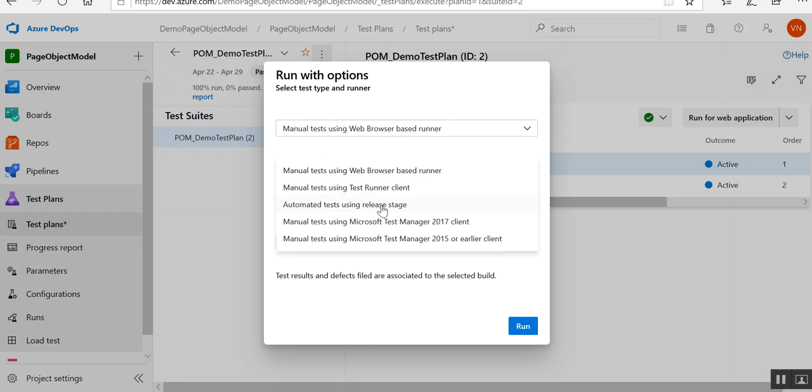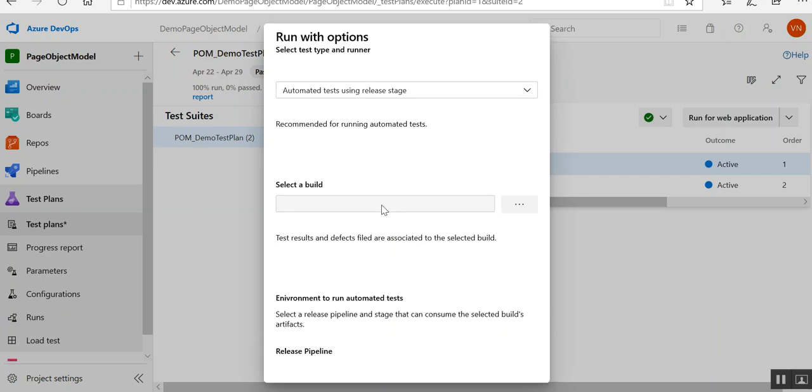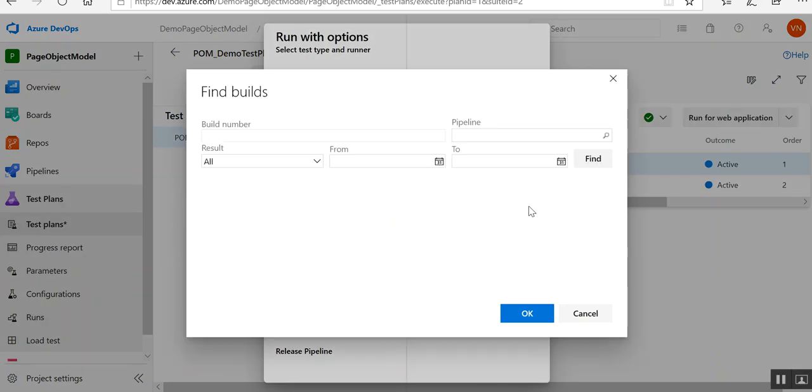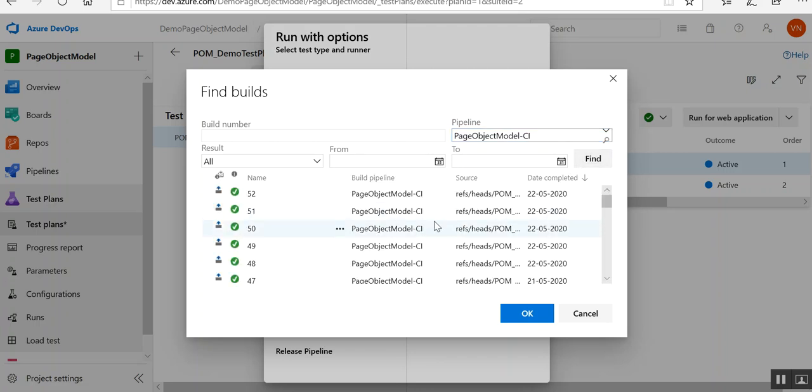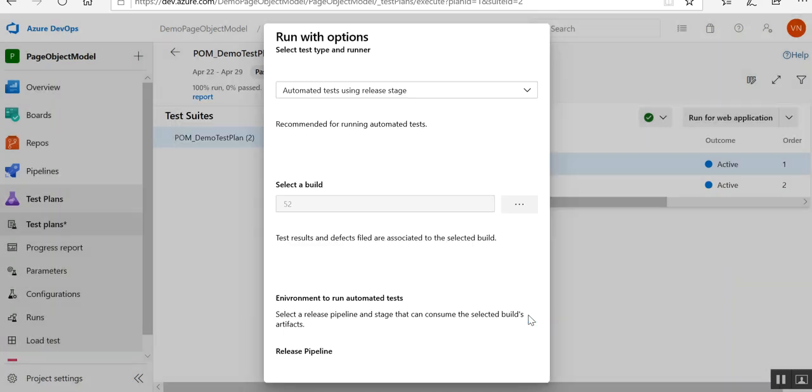So this is the one thing that we will be using here. Then you have to click on a build. So you just select the latest build. Anything is fine, whichever is relevant to you, just use it. Okay, so I will select this and I will click on OK. So now I have a build.